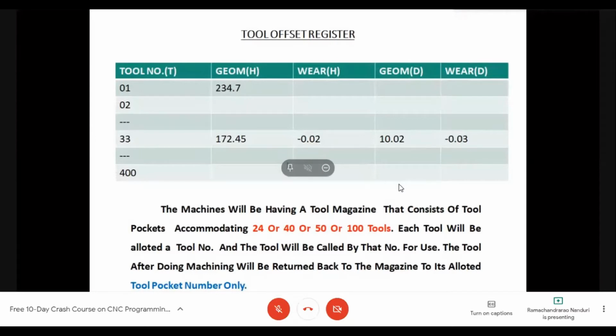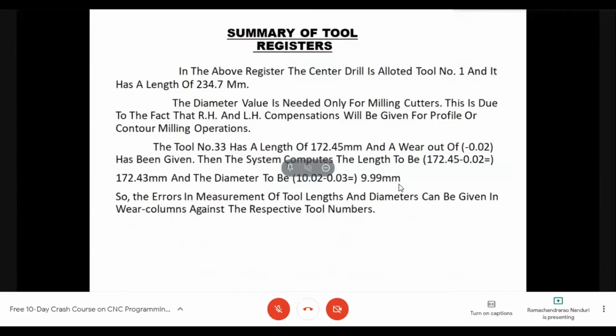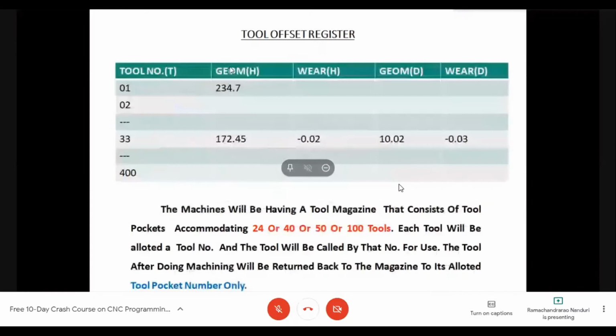Next, summary of tool registers. In the above register, tool number 1 is allotted, and it has a length of 234.7 mm. Second column, first row, it is the length of the tool.